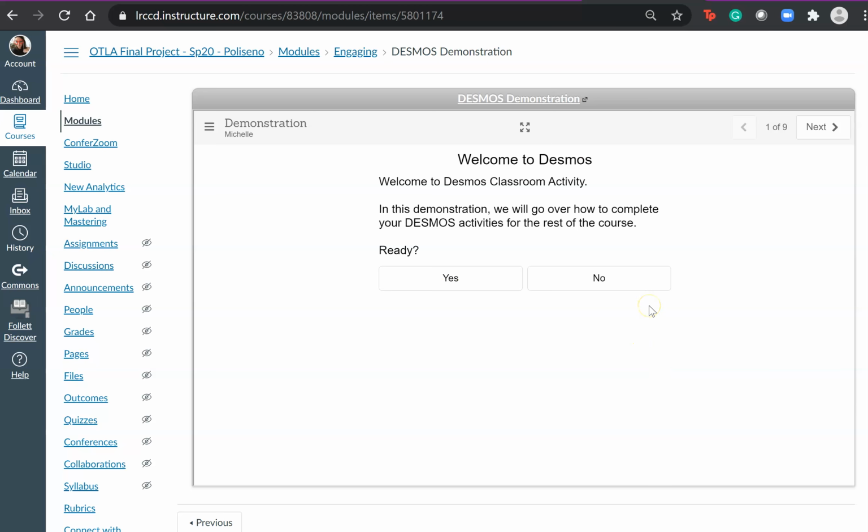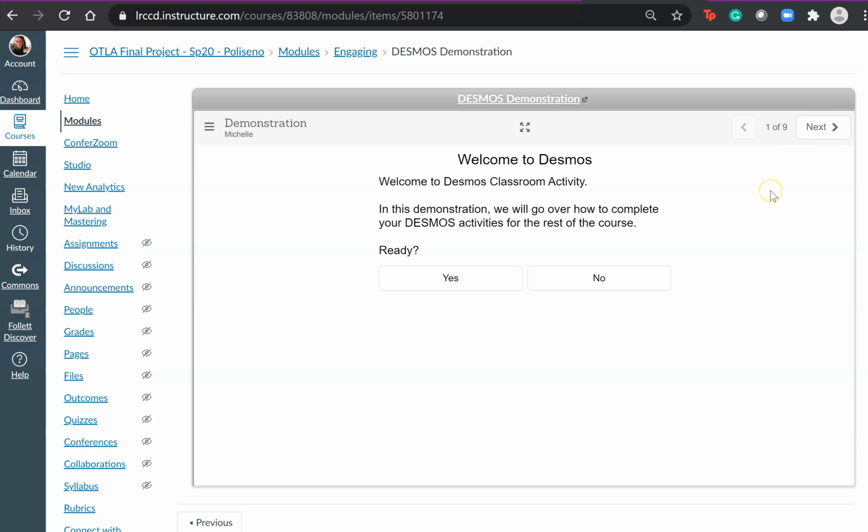So notice that you have to let them know they're only working in here. They're clicking this next above here to move forward. If they click the next down here, which there isn't one because I don't have a page after this module, but there may be in your course, it will navigate them away from Desmos and they'll have to go back and start over. So it's really important that you give some instruction beforehand that this is the way to navigate